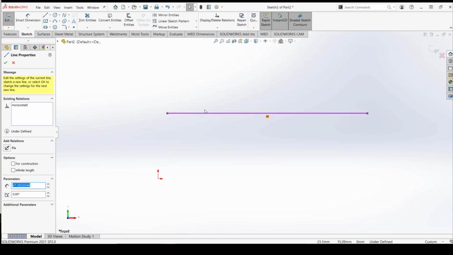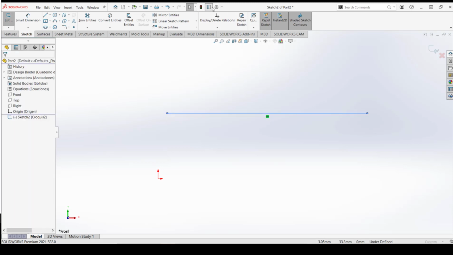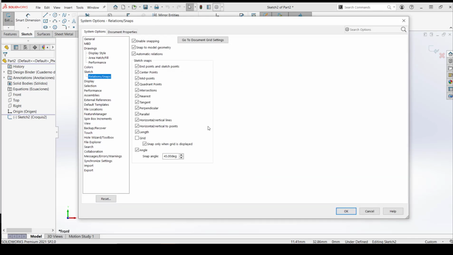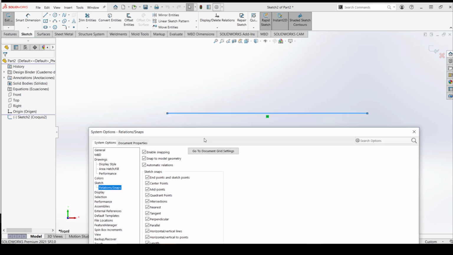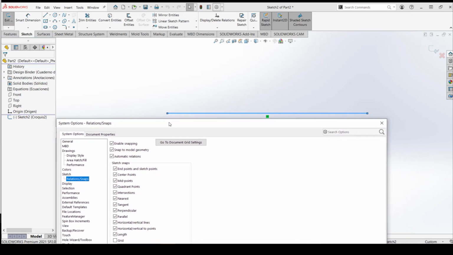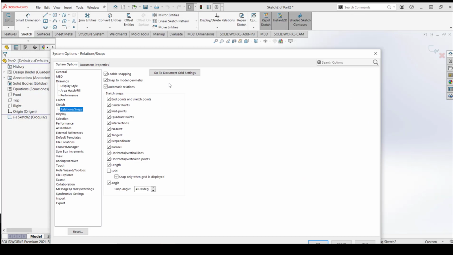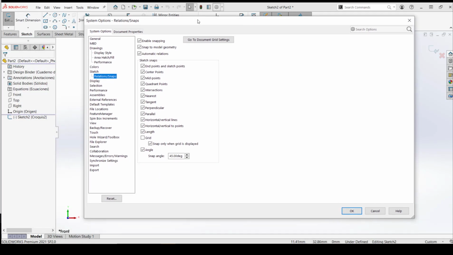And so it won't do that if you deselect that option, and I don't think that's a good thing at all. I want my relations to be added. I feel like in SolidWorks you really use relations and dimensions in order to fully define your sketch, and it'd be a pain to add all those relations manually afterwards. Like if I made a horizontal line, I want it to be horizontal. If I didn't want it to be horizontal, I would have made it at an angle. So that's what automatic relations means.